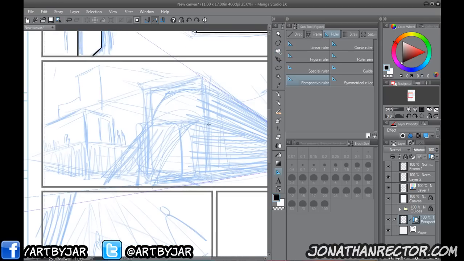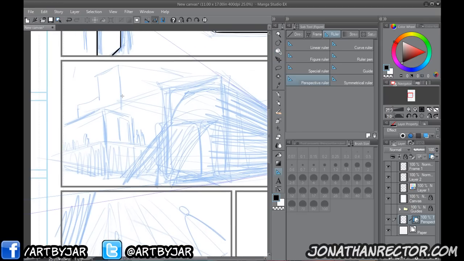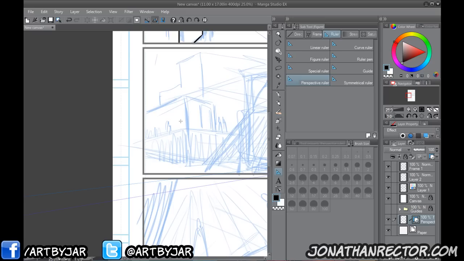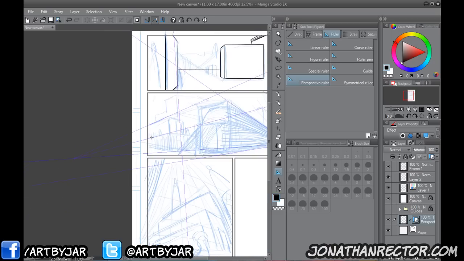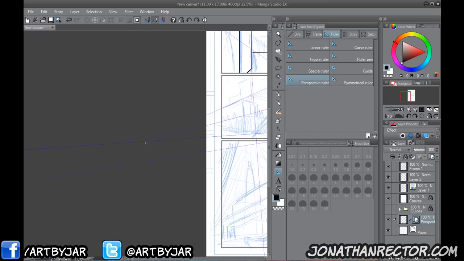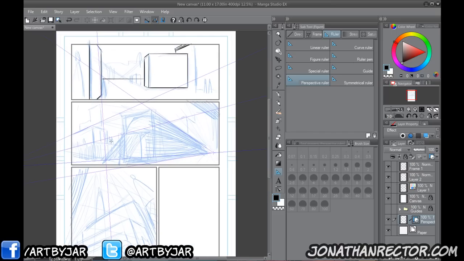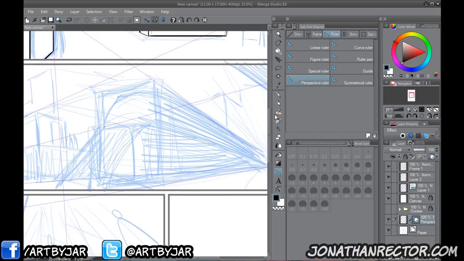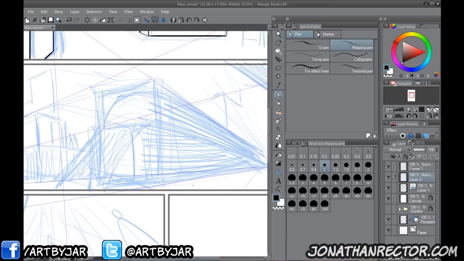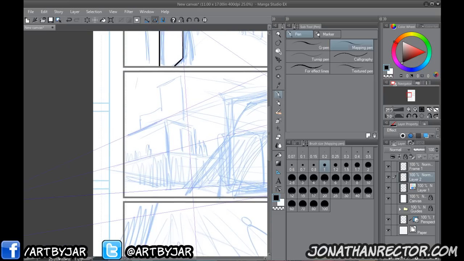So we have that. Let's go back to the ruler, and we're going to just pick, because it's simple, this side here. We'll do this guy up here, bang. And you don't have to go all the way underneath it. All you're doing is getting 2 points. And if I zoom out, you'll see you're going to get a vanishing point right on the horizon there, okay? So there we go. We got our vanishing points all set up. Let's grab our inking tool, and I'll do the background here first. So we'll say this is some sort of train station or something.